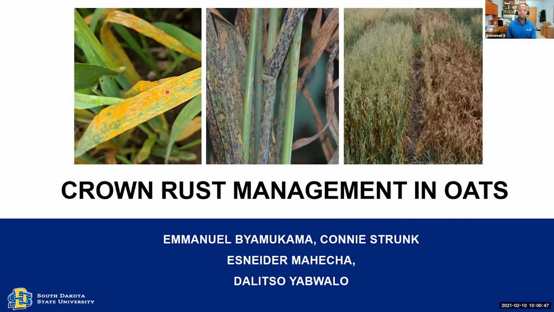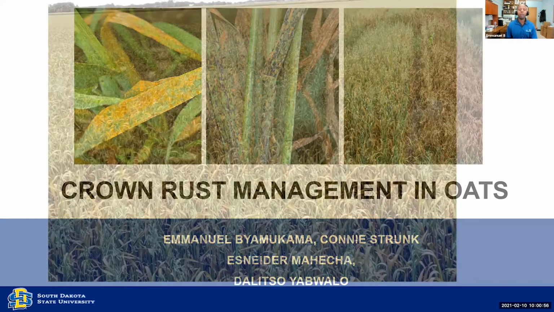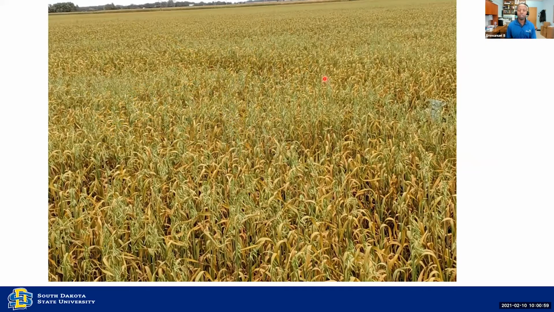So to start, crown rust is really the main disease of oats. We likely don't see a lot of diseases in oats, but crown rust is the major disease of concern in oats. This field was in Lincoln County last year, and you can see how it's really hammered by crown rust. Every plant in this field is covered with the rust. If you walk through and come out, all your shoes are covered with spores of this rust. So it's the major disease. It's a very serious disease. It will cause yield loss, as I will show, and even cause the plants to lodge,